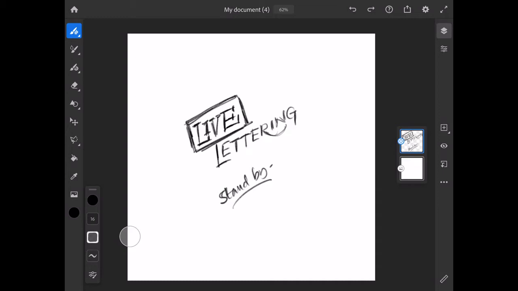Tamil lettering using this Adobe Fresco. So basically, we are gonna try some new things. Actually, I'm trying this piece of software which they have released earlier on. I recently got an invite to try this live stream along with this Adobe Fresco. So I'll be teaching you how to draw letters,